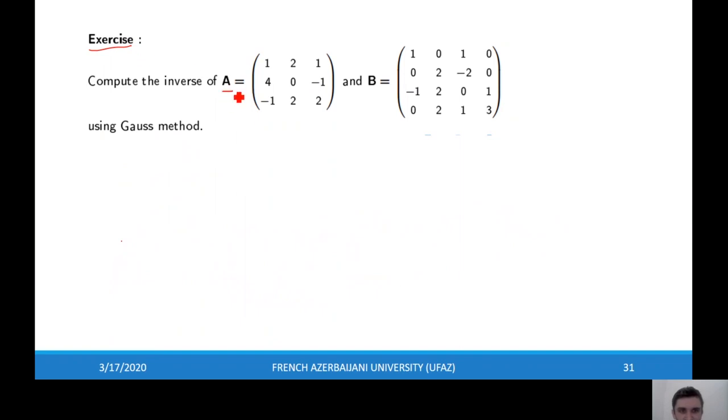Suppose that we have two matrices A and B. Let's find the inverse of these matrices. You know that to find the inverse of A, we apply the elementary operations to this matrix to obtain the identity matrix, and we also apply this procedure to the identity matrix, and the result will be the inverse of A. Then I will write this matrix together with the identity matrix: 1, 2, 1, 4, 0, minus 1, minus 1, 2, 2,